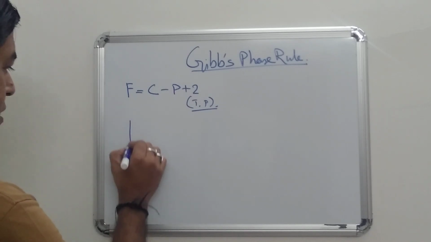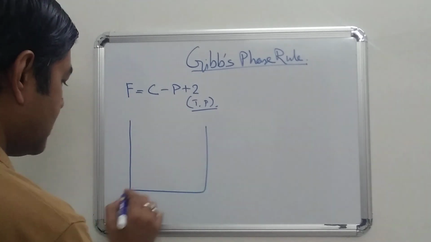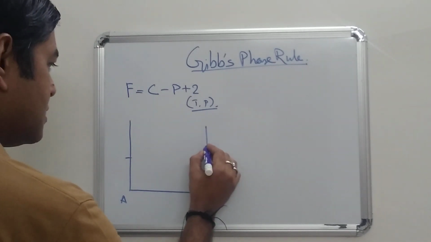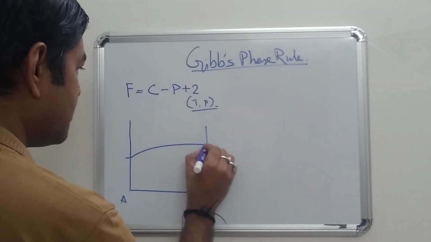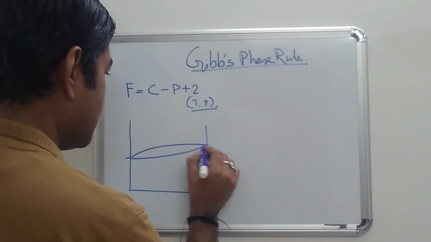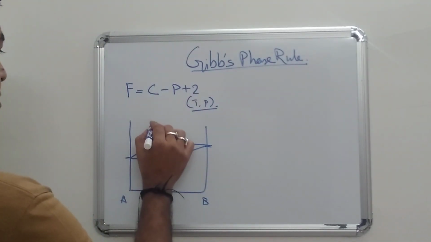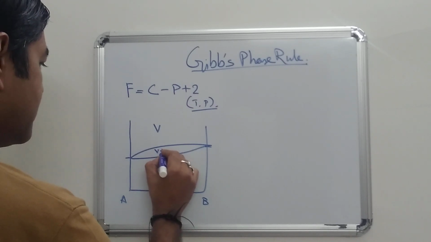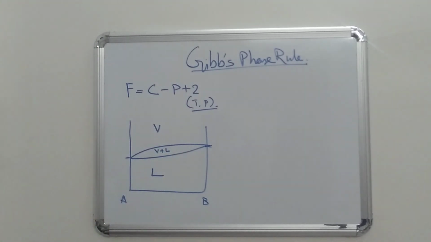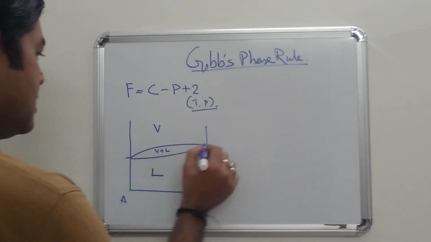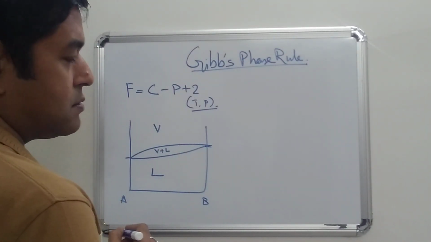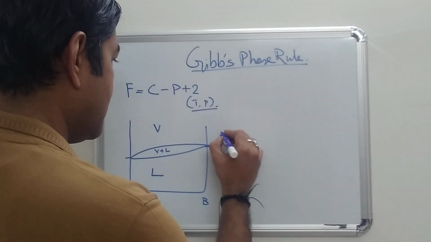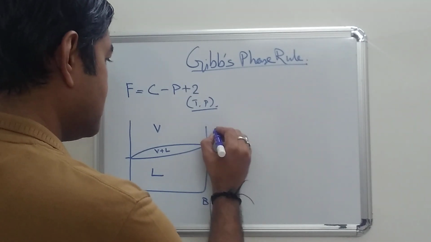Now let us consider a binary system where A and B are assumed to be two components. Here are the two different melting temperatures. This will be the vapor phase, this will be the liquid phase, and this will be the vapor plus liquid combined phase. This is the liquidus line, this is the vapor liquid equilibrium line. Now what happens if we calculate the phase